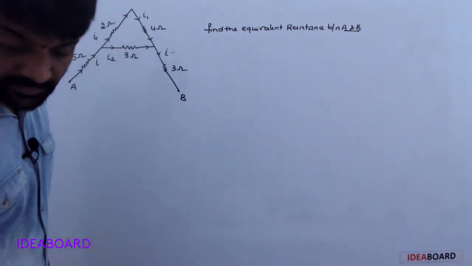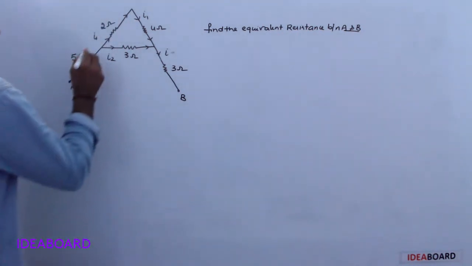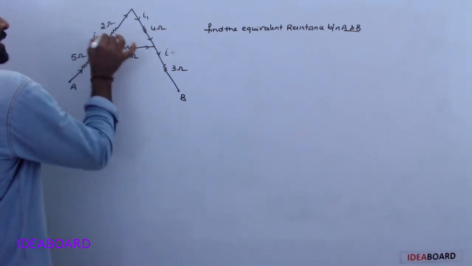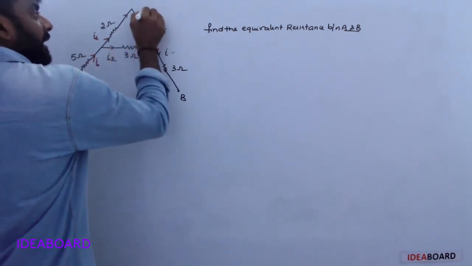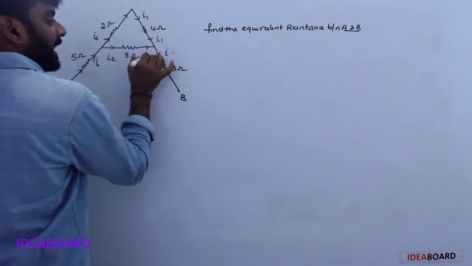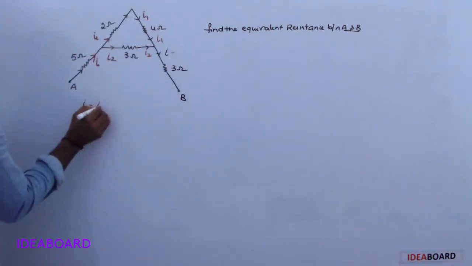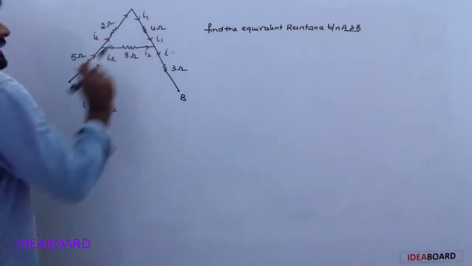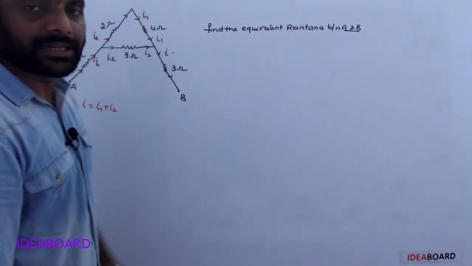Once again, for our convenience I used another marker here. See, this current is I. Through this one it is I1, through this one I2. Again here I1, this one I2. So I1 plus I2 is equal to I. Here the current is I, then I1 plus I2 again. Understood? It is division of current.